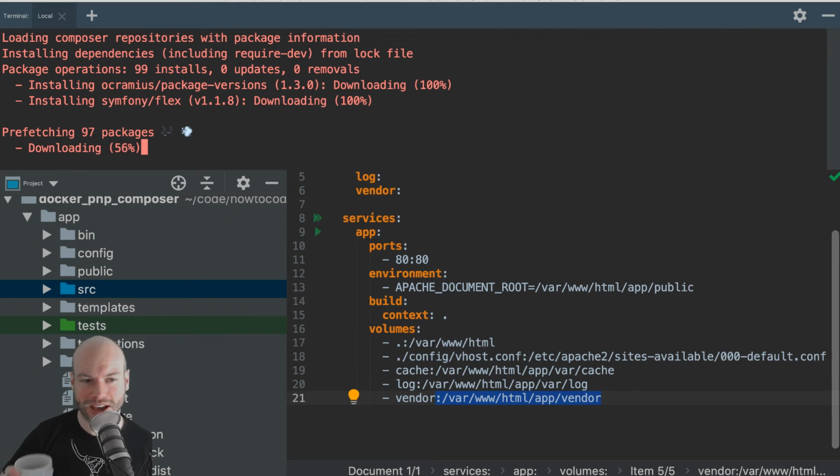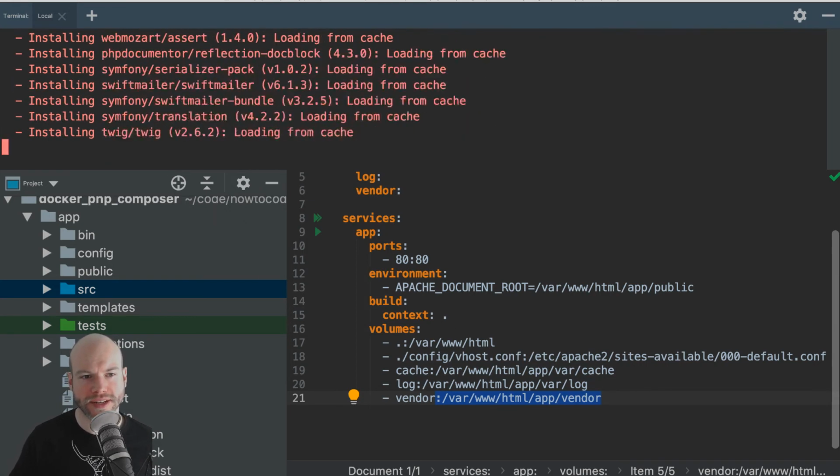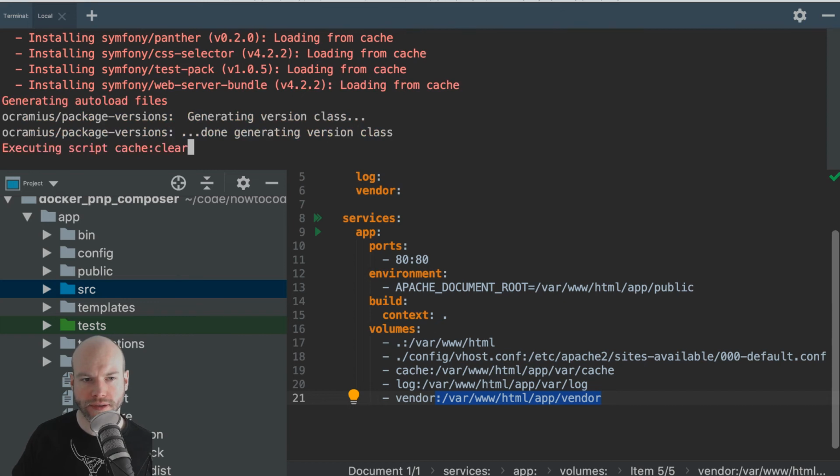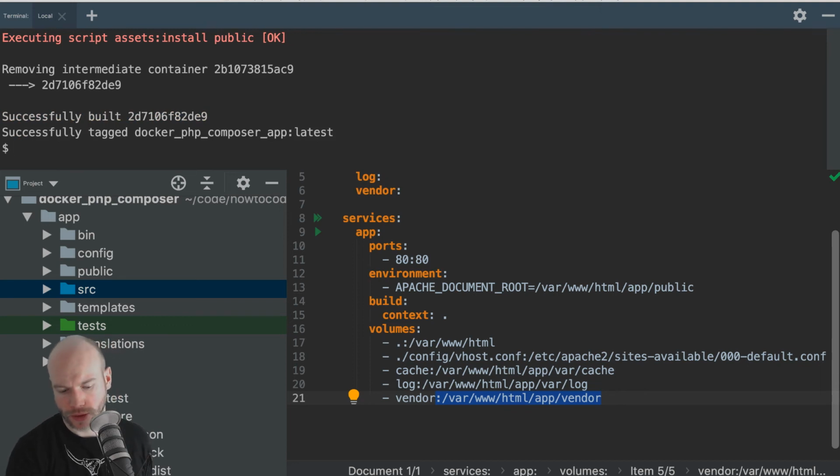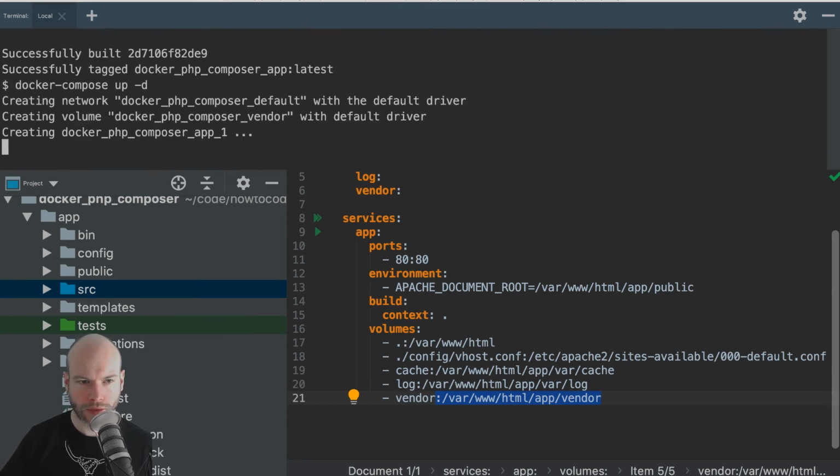I got a bit too keyboard happy. So that's installing all the bits and pieces. And then I'm going to do an up. So it creates the Docker volume, which is composer vendor.